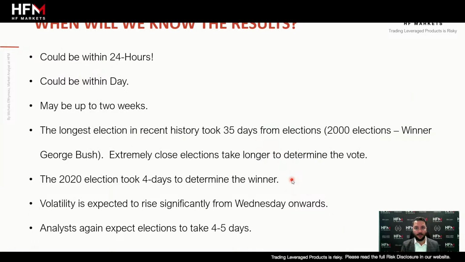There is not a clear direction, because people want to stay out of the market, not change their portfolio significantly and change exposure until the outcome is known. Because, of course, like I said, a Trump president will support certain assets, whereas a Harris president will support other